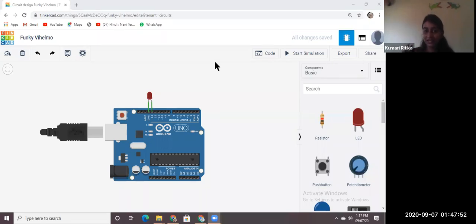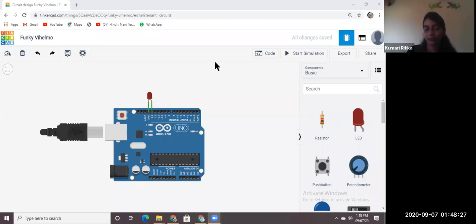So what happens, there is a sensor placed on the door, okay? And when it detects a person standing in front of it, it measures the distance, and if the person reaches close to the door, it gives the information to the Arduino board. That sensor is attached to the Arduino board, okay? And it tells the Arduino board that someone is standing in front of the door. Please open the door, okay?